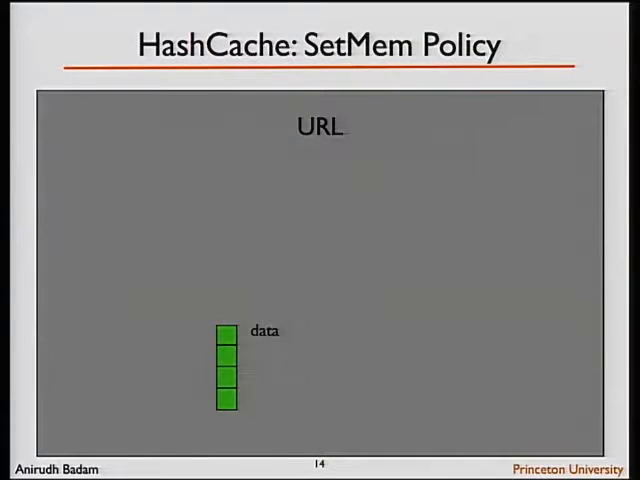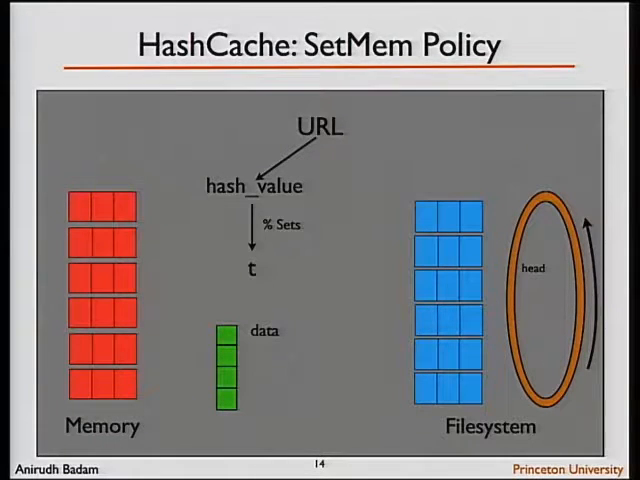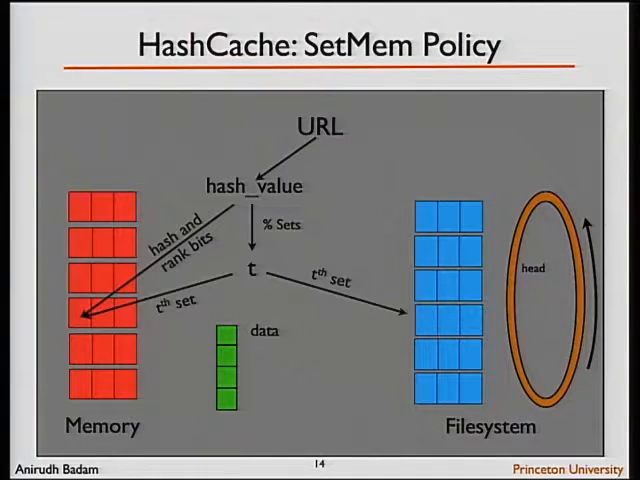So here's a graphical representation of how this HashCache policy called SetMem works in practice. You have the same set of input, the data and the URL of 4 blocks. You hash the data, and you take modulo the number of sets that you have in your hash table, and you get a value t. As I said, there are 2 hash tables now. One an in-memory hash table that stores the hash values, and one an on-disk hash table that stores the first block of the data. So in the tth set in the in-memory hash table, you store